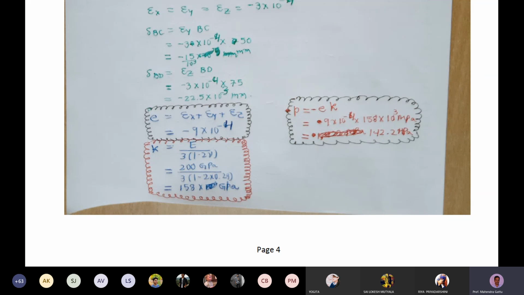So this is regarding the bulk modulus calculations. This is regarding the hydrostatic pressure and the change in volumes due to hydrostatic pressure. So we have discussed this in today's class. So I'll end the class now, and